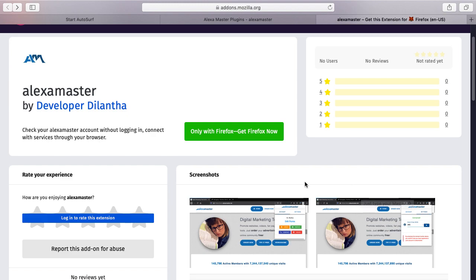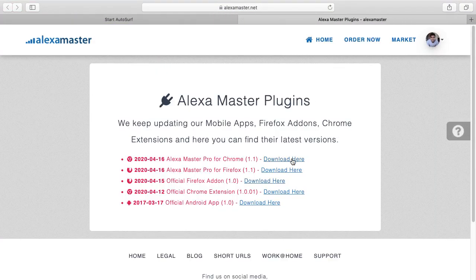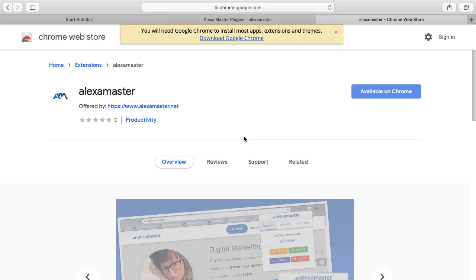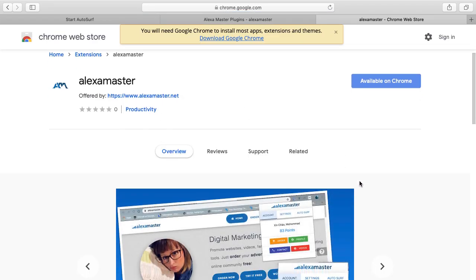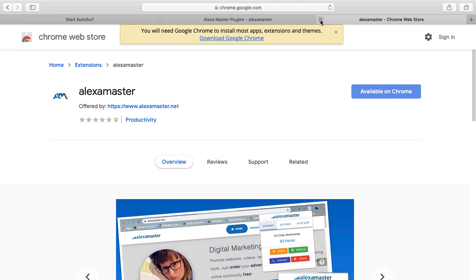We keep this in the Firefox add-ons store, AMO, right? That's the short name. We will keep updating this version there. It's the simple version. Also, this Chrome extension will be in the Web Store, but these two versions don't have